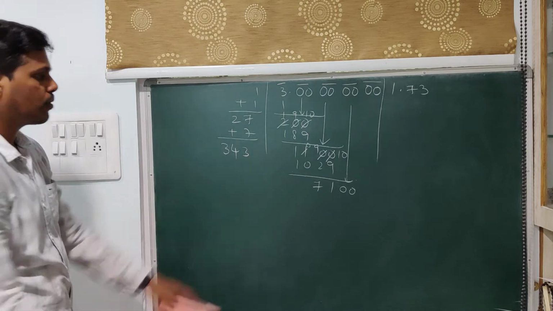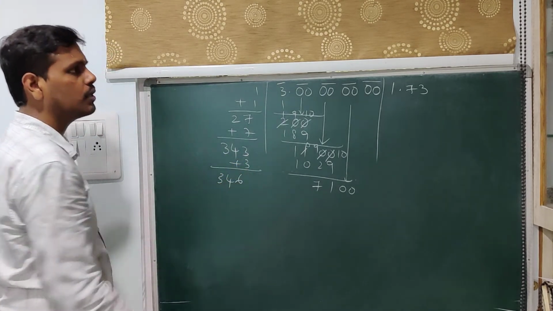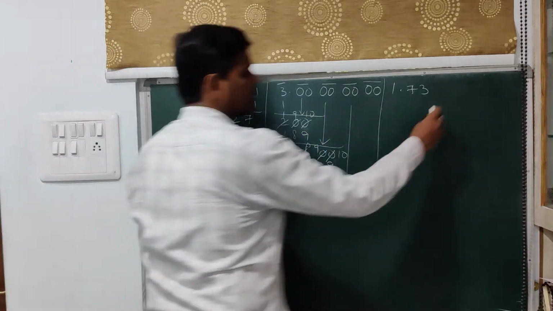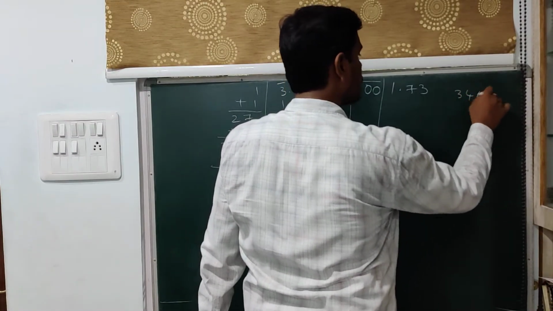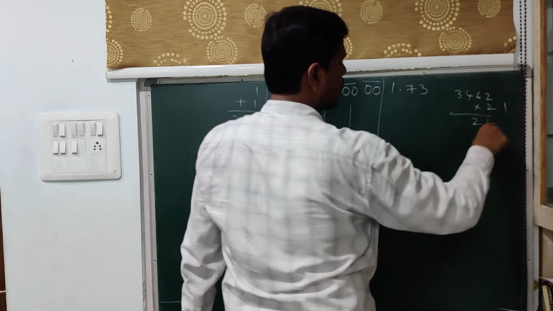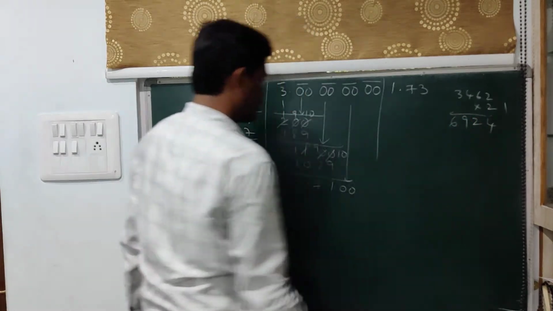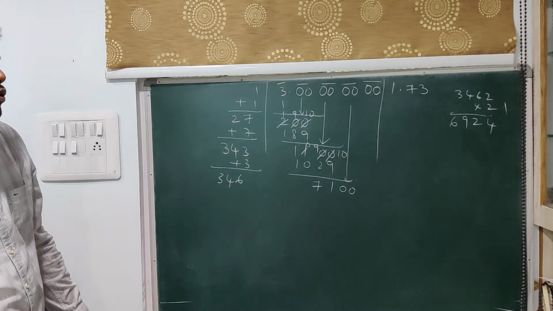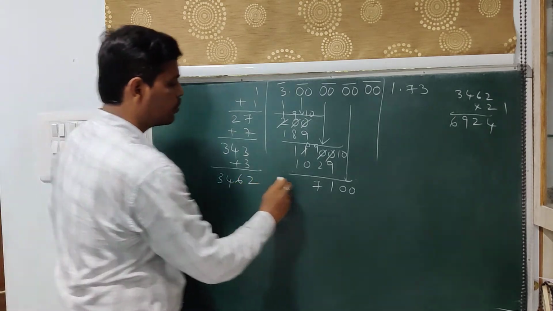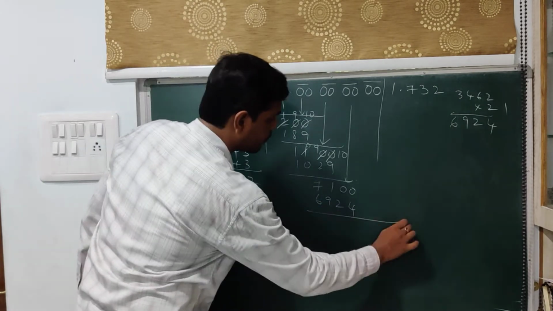And again the regular process, you add upon this 346. Now whatever the number you take here, you will multiply with the same number. So suppose you are taking some 2 here. So this is how much? 2 2s are 4, 6 2s are 12, 4 2s are 8, 9, 3 2s are 6. Now that is 6924, which is much closer to 7100. I am taking that. So 2, 2, 6, 9, 2, 4.